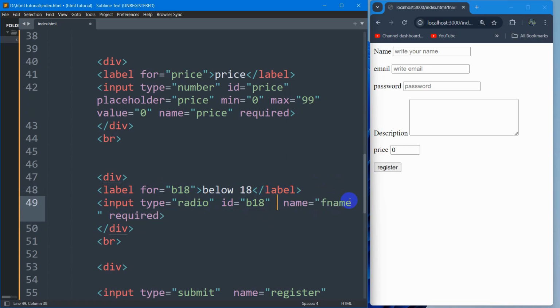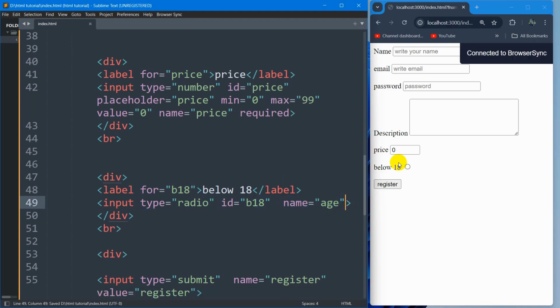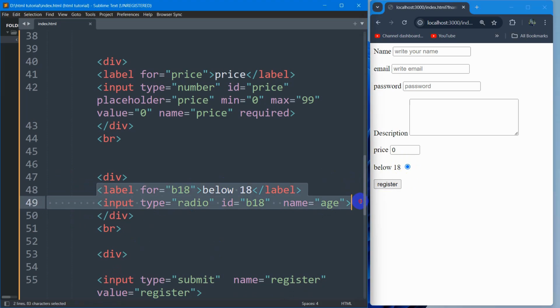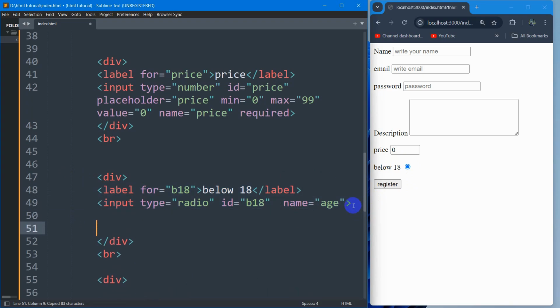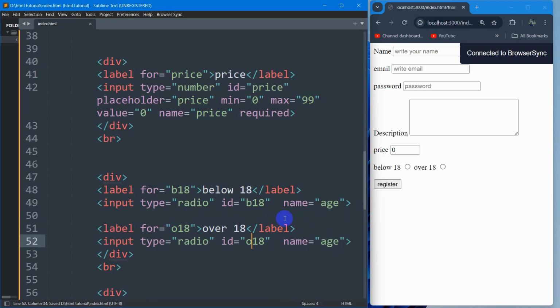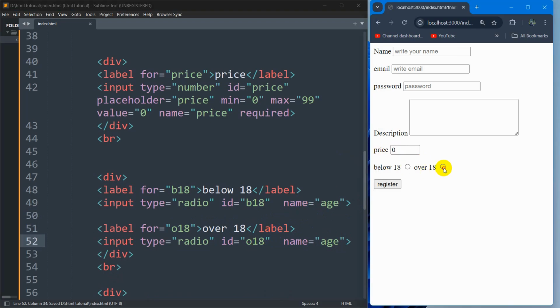But we do have a name. Let's say the name will be age, and let me remove this required from here. So if you now save, there you can see we have a radio button here. So let me just copy this input field, label and input fields, and we're going to paste this here. And this time we're going to say here over 18, let's say O18, ID will be O18, and the name will be age. So if we now save it, there you can see we have one more radio button,